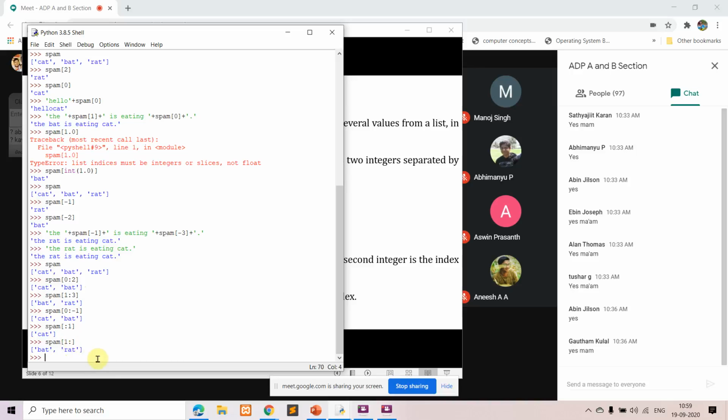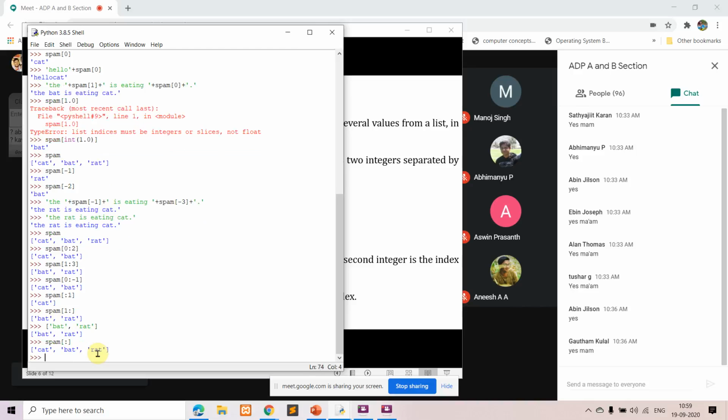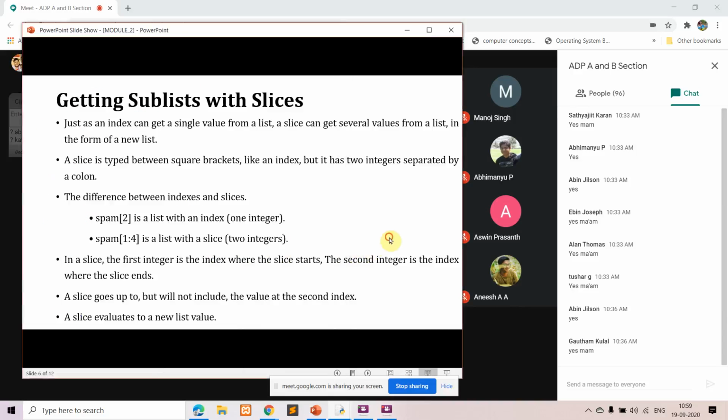These are the different ways you can give it. Or else you can simply give just the colon. In this case, the complete values stored in the list will be printed. Okay, so these are the different ways.